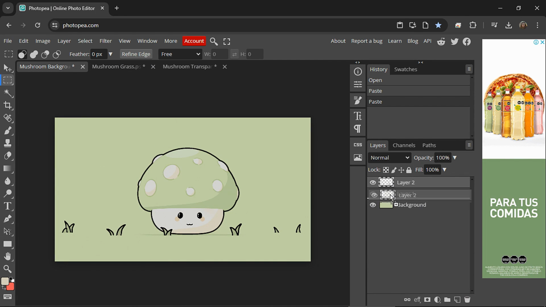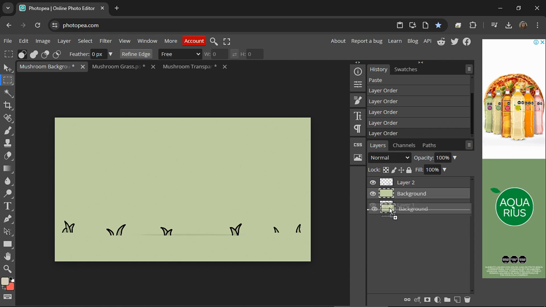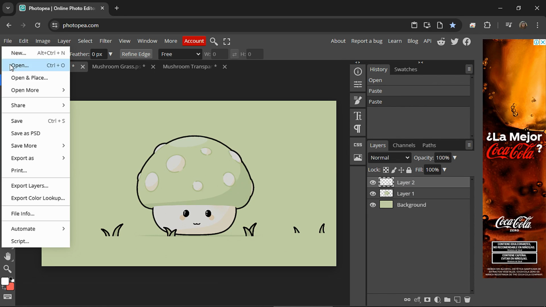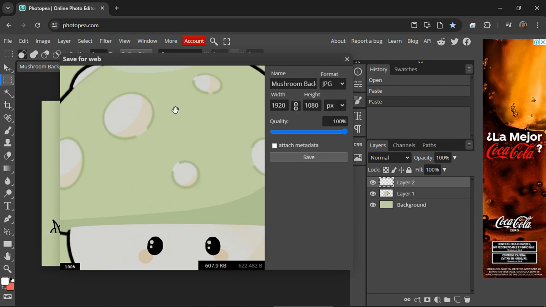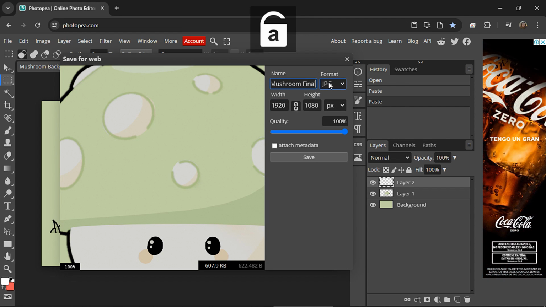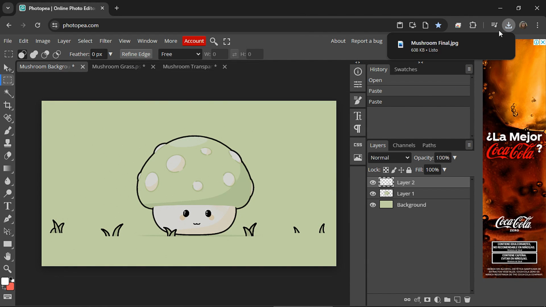If they are not in the right order, you can rearrange them by pulling the layer up or down. Now we can save as a PNG or a JPEG. You might need to click this folder to see where the image was saved.